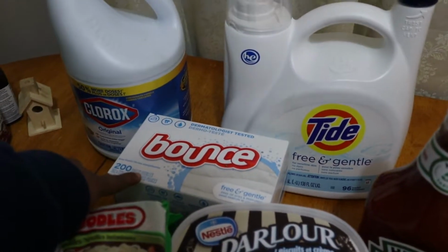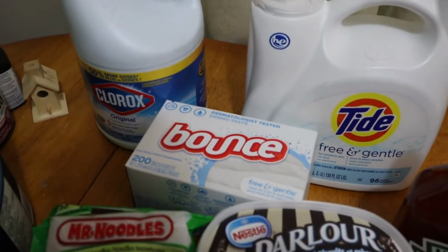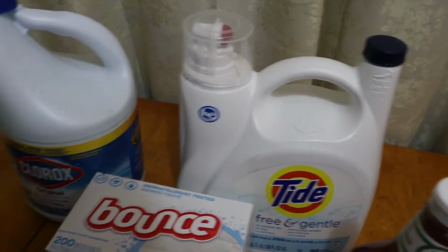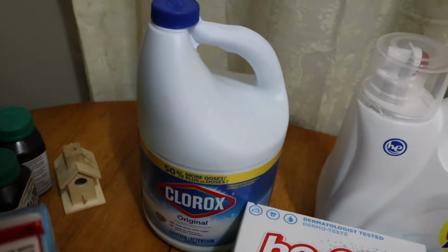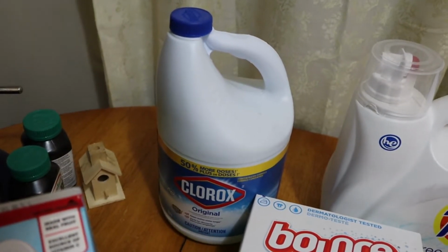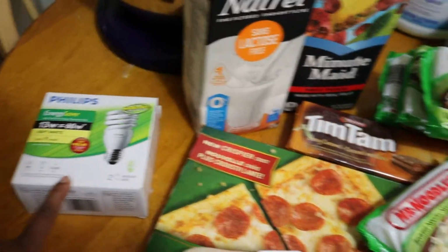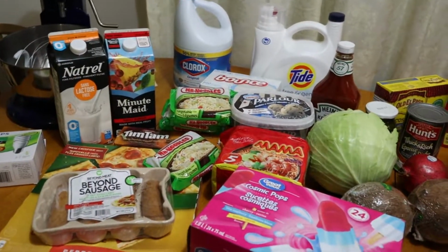So Bounce 200 pack of fabric softener sheets was $8.97. This Tide Free and Gentle was $18.77, and then Clorox Javex bleach was $5.47. So, the other thing that I got was this light. It comes in a 2-pack, and that was $10. So altogether, all of this stuff from Walmart was